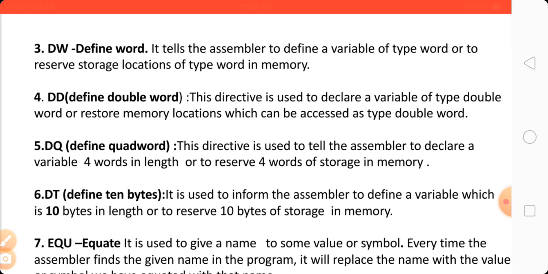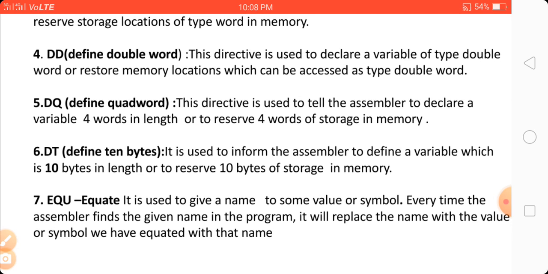Now the sixth is DT, which defines 10 bytes. It is used to inform the assembler to define a variable which is 10 bytes in length or reserve 10 bytes of storage in memory.